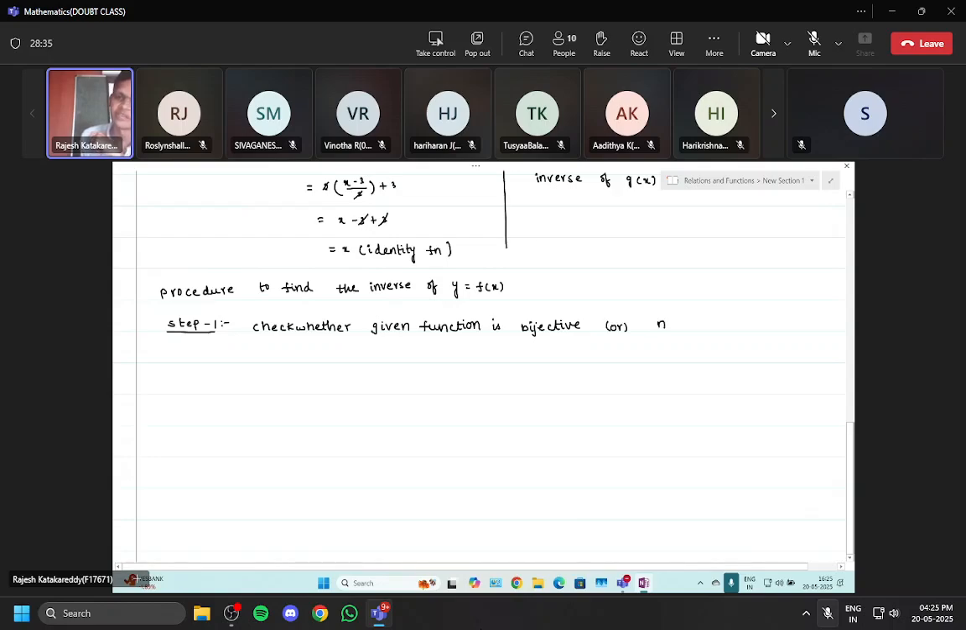If it is not, inverse does not exist. If it is bijective, then we can find it. If y is equal to f of x is not bijective, it is not a bijective function, then f inverse does not exist. We cannot find it. There is no f inverse. If it is bijective,